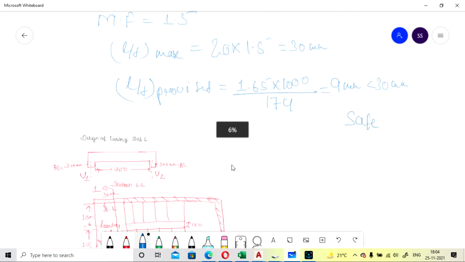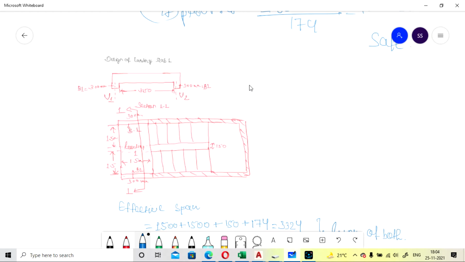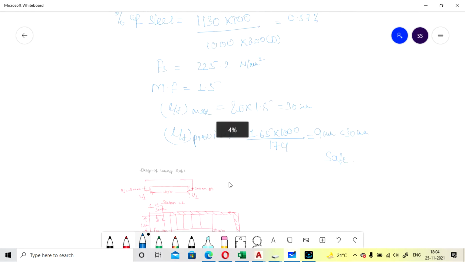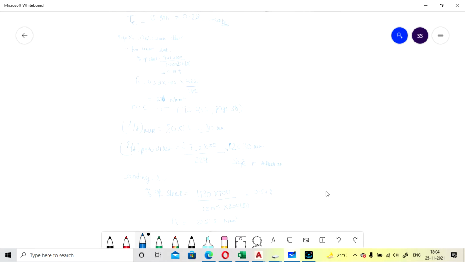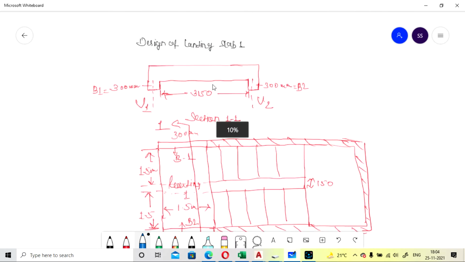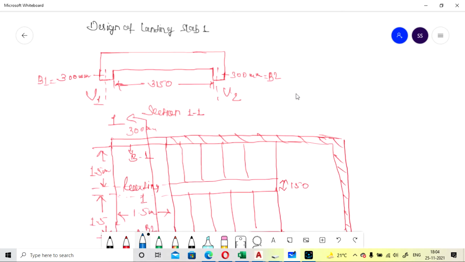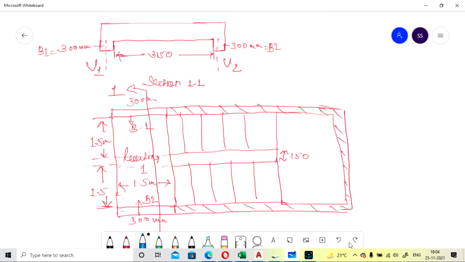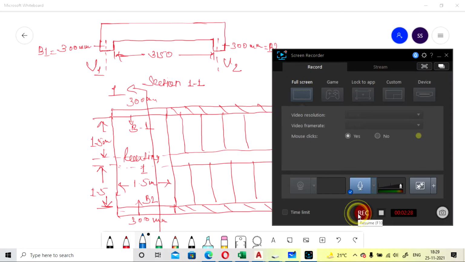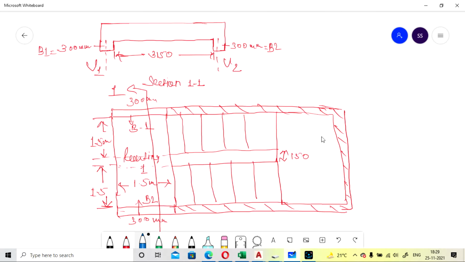Now we will continue with the design of landing slab 1. How it is designed, I will show you here. You have to design this slab by cutting the section 2-2.